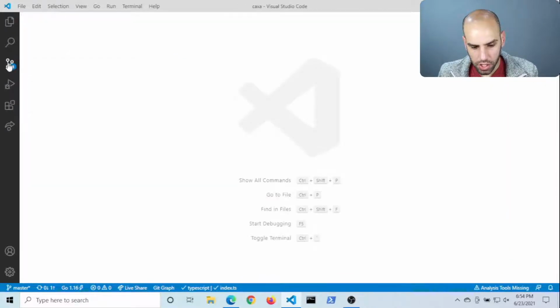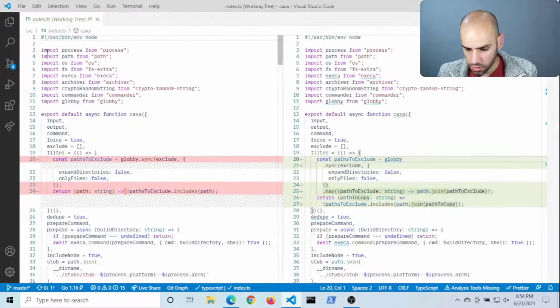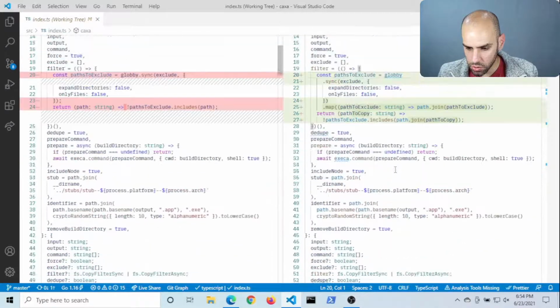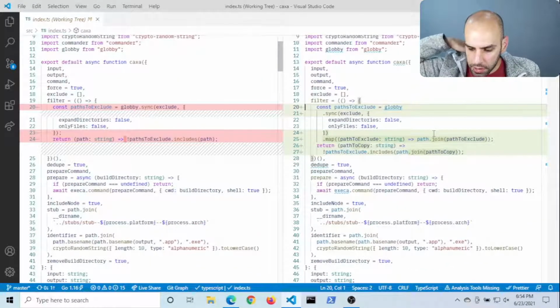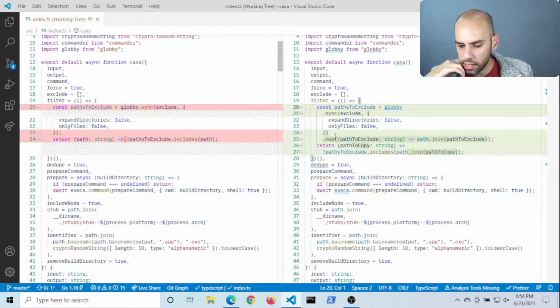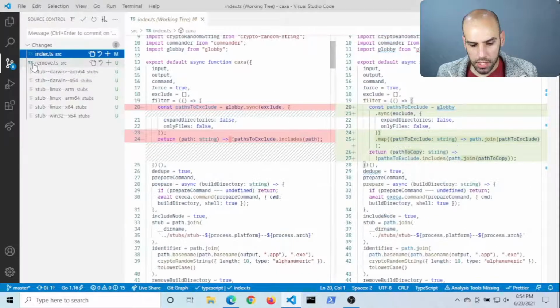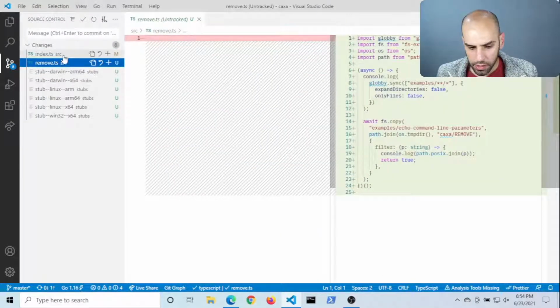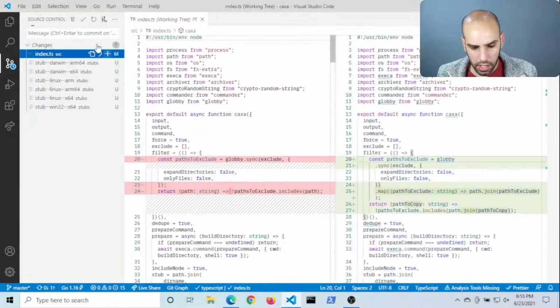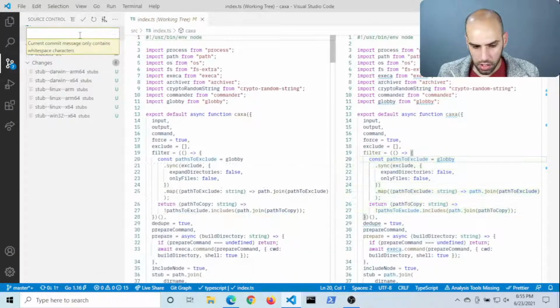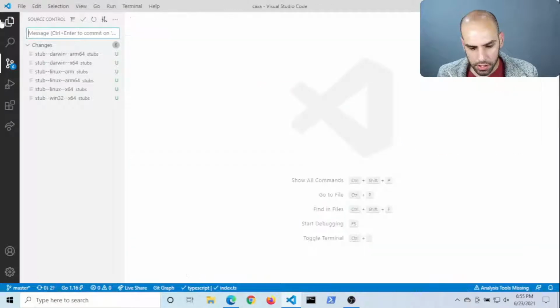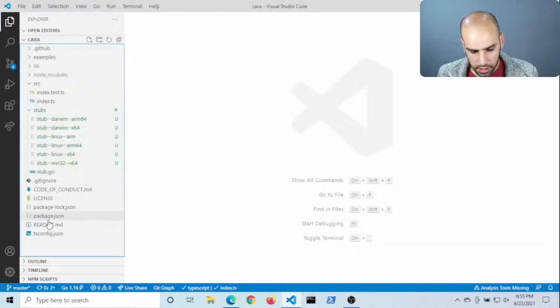Let's review our changes and commit. So over here what I did was just to map the results of globby using path join, and over here I path join the path to copy right before I compare. In other words, I normalize the paths. The remove file I want to remove, and then in the tests nothing changed, and here is our commit. Next,